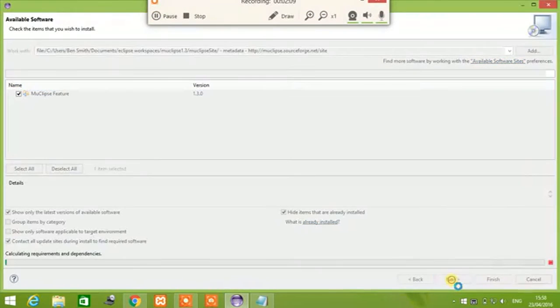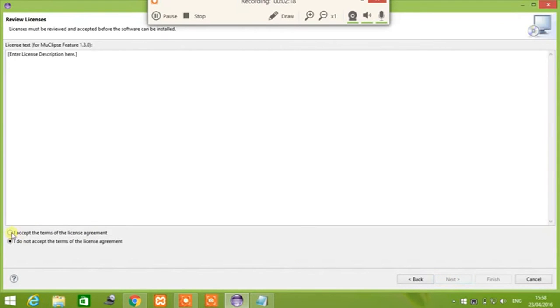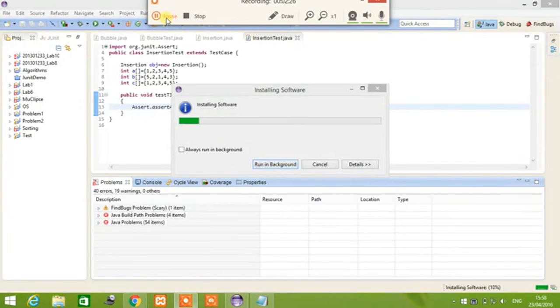Click the Next button. Again Next, then click on I accept the terms of the license agreement and click on Finish. Wait till the installation of the software.